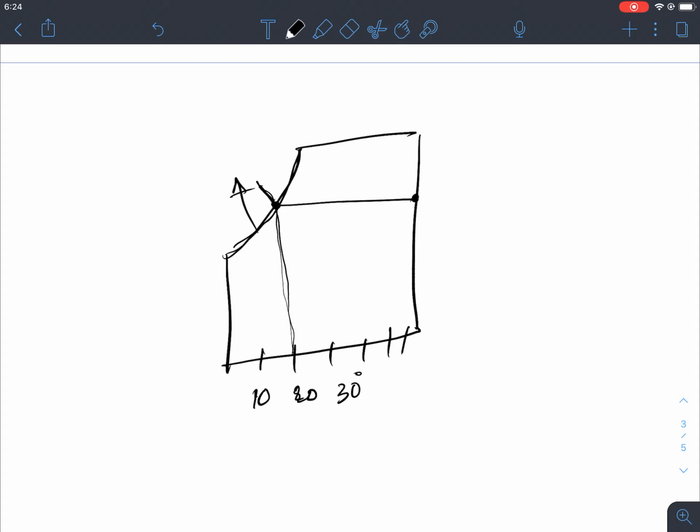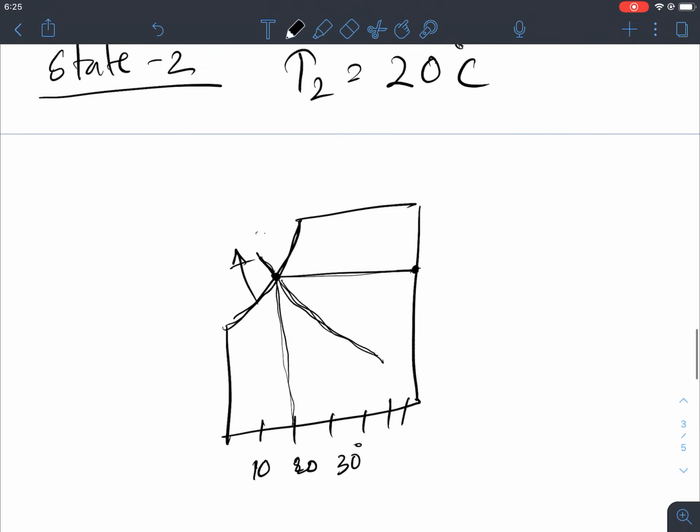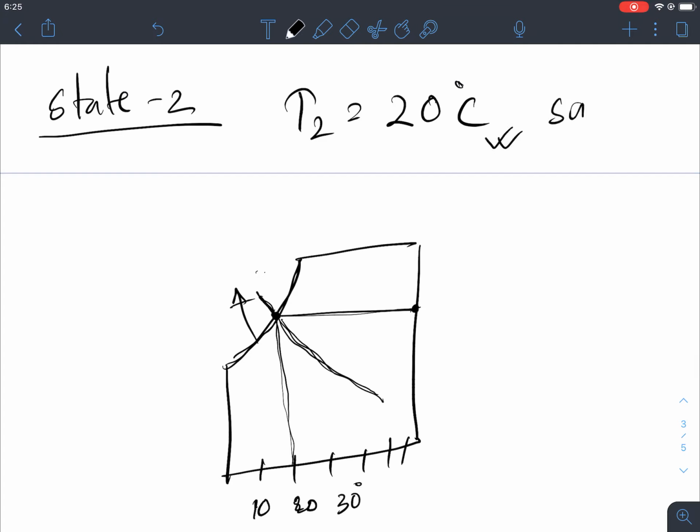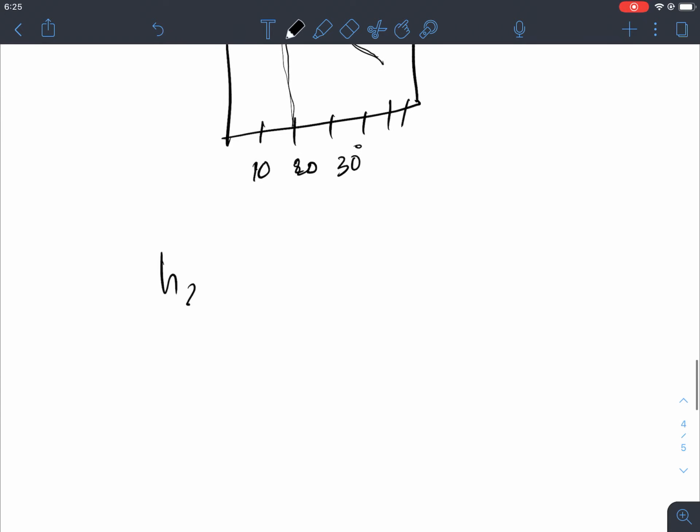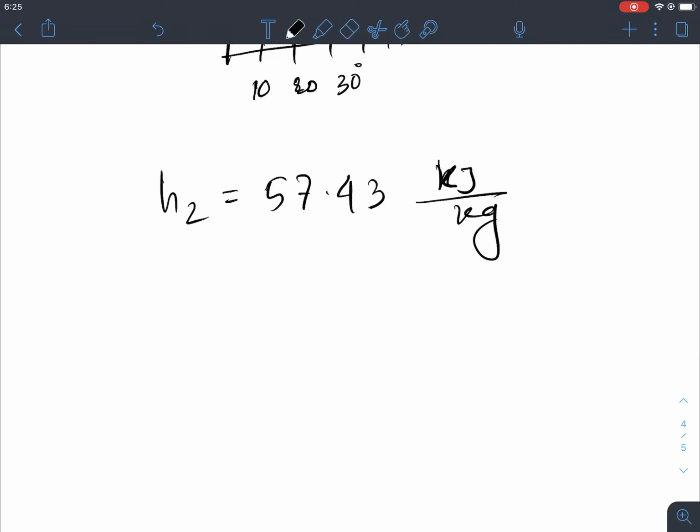And this is the saturated, means that it's 100% relative humidity, and then the specific humidity you should get on this line, right? And then also you should get the specific volume. So that's how we get it with respect to 20 degrees C on the saturated line. Okay, we get all this information, which is H2 equals 57.43 kilojoule per kg, and then